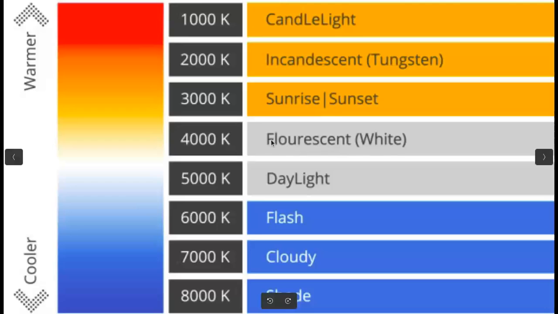If you take a photo, it will look a bit cyan. To avoid that, you can set the white balance to fluorescent, and the blue color cast will be negated by this setting.